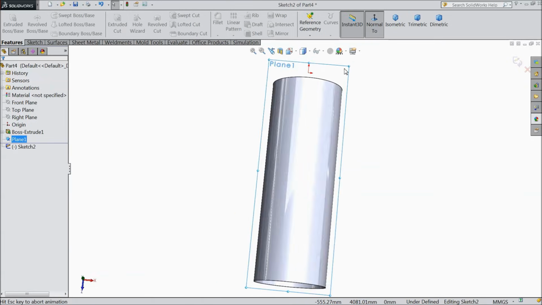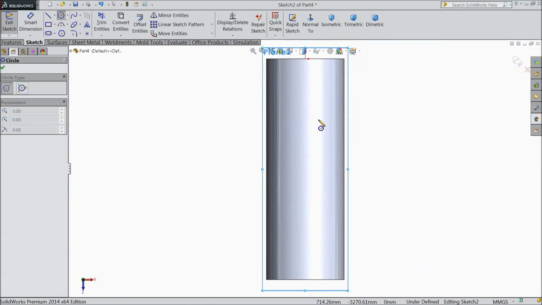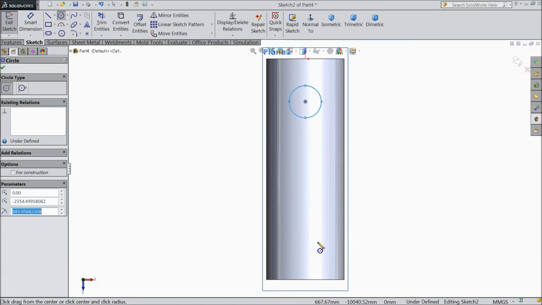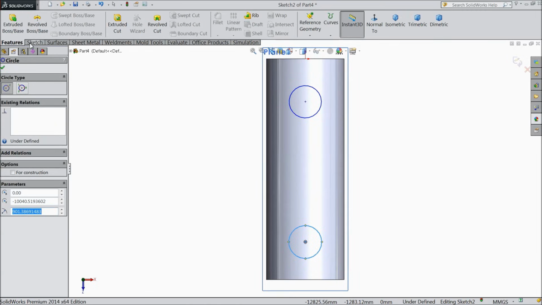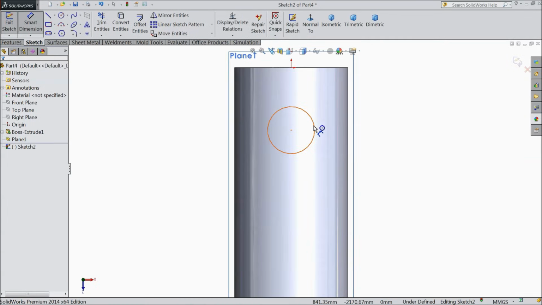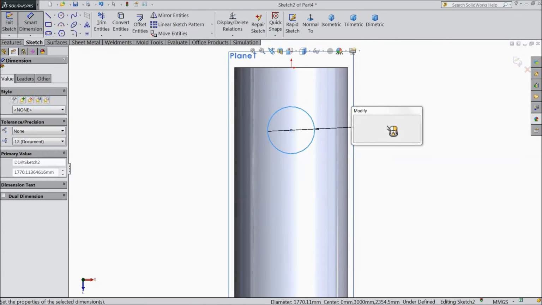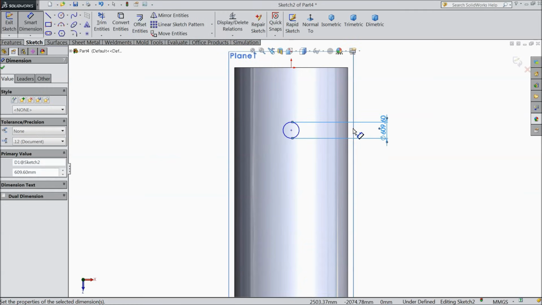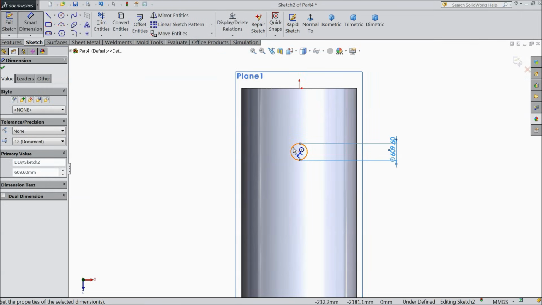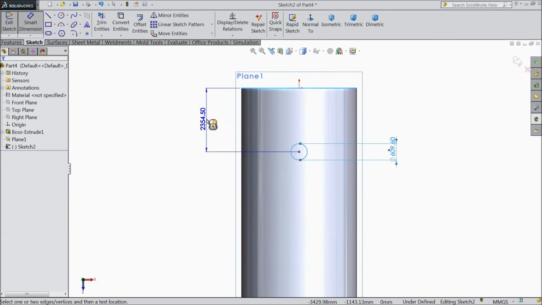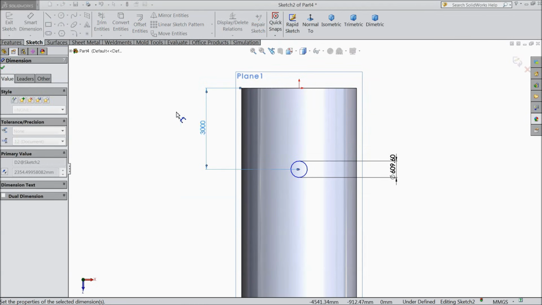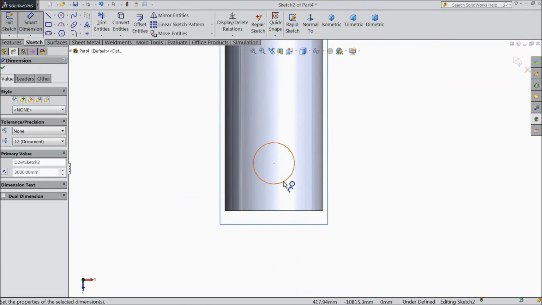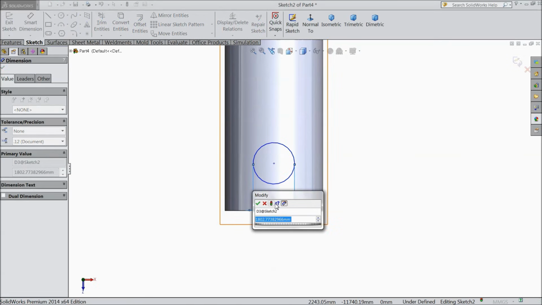Now select this plane, sketch normal, and we want to create some hole here. Not exactly a hole, we want to extrude some body. Let's assign the dimension. 609.6 mm, and keep the distance 3000 mm, and this circle also cancel it.